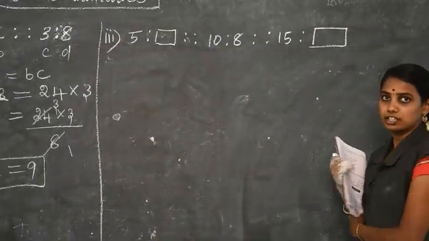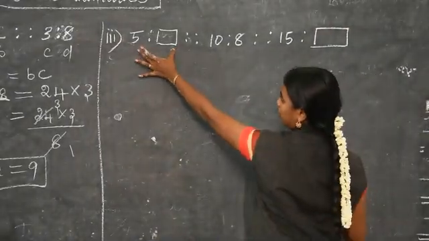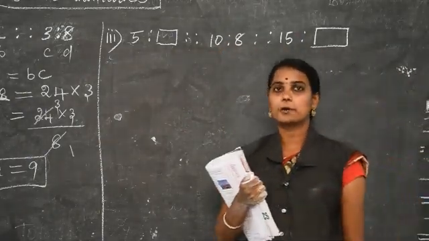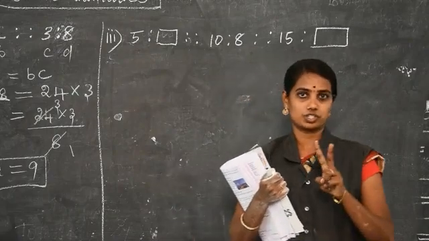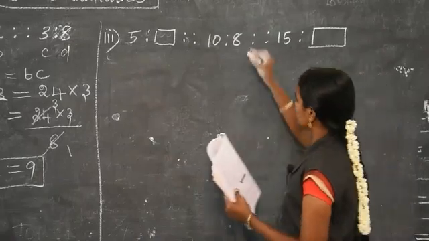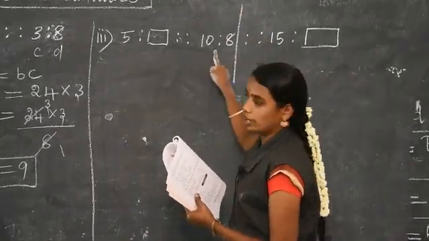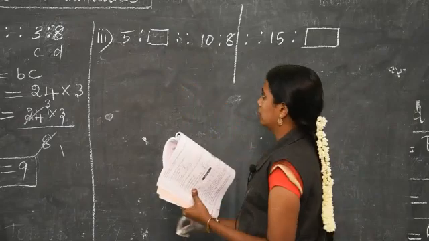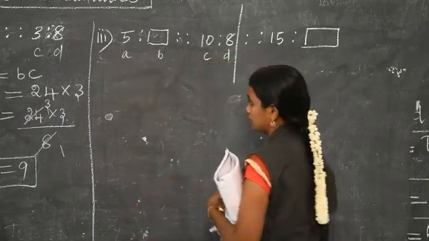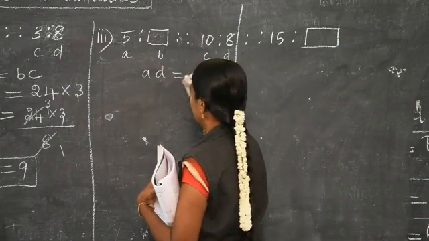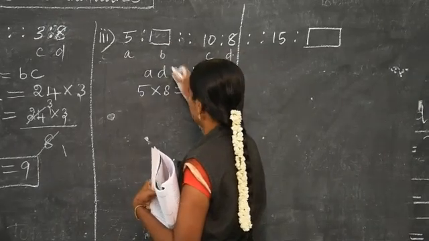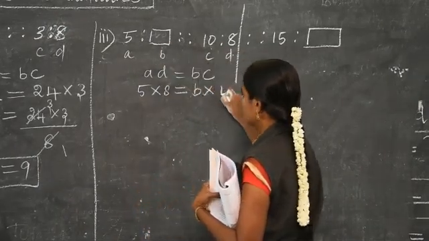Here you can see that 3 ratios are there. Here 1 ratio, here. Totally how many ratios? 3 ratios. Proportion means comparing 2 ratios. When 2 ratios are equal, you can go for the proportion method. So I am taking that first 2 proportion. These 2 I am taking. Okay, and finding this one. So now A, B, C, D. Okay, AD equal to BC. A value 5, D value 8, B value we don't know, C is 10.